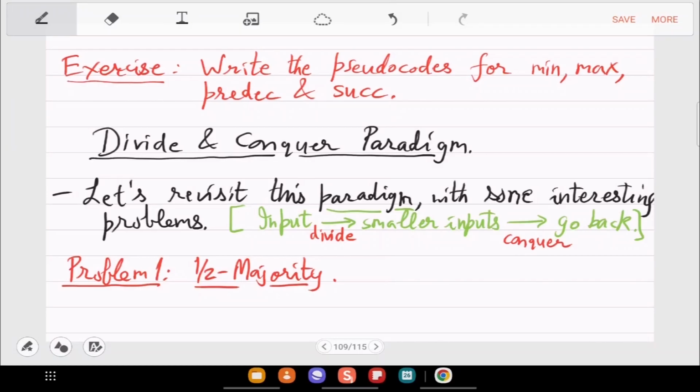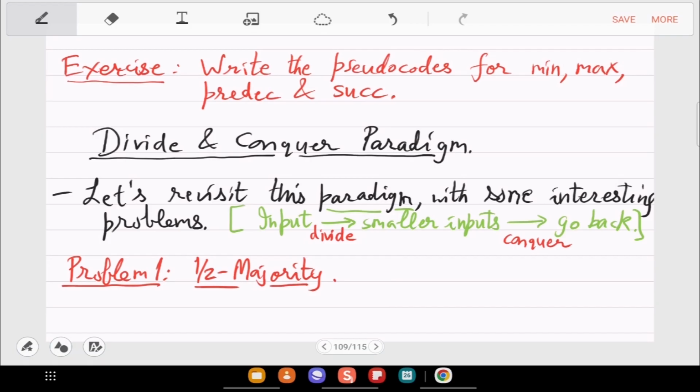What you have to find is whether there is an element that appears with frequency more than n by 2. This is the half majority. It's not the election majority, because in an election nobody may have gotten more than 50% votes. So here you want to check whether somebody got more than 50% votes.